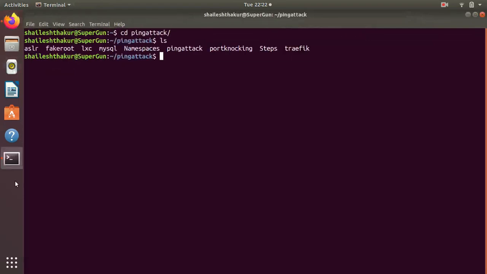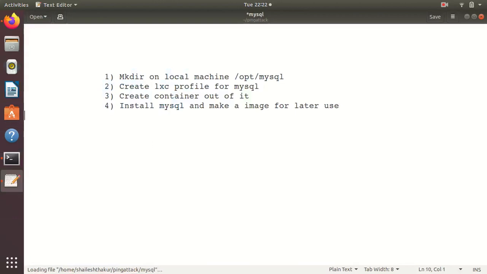and it should be working. So how to install LXC? To install LXC, we don't directly install LXC, we install LXD. So you do apt update && apt install lxd -y. This will install LXD on your machine, and then